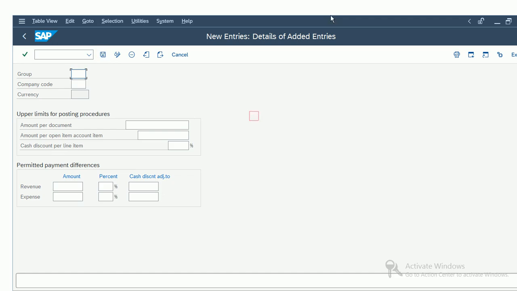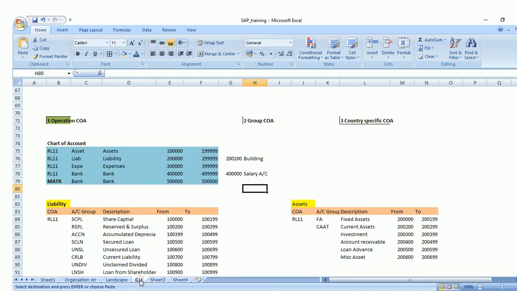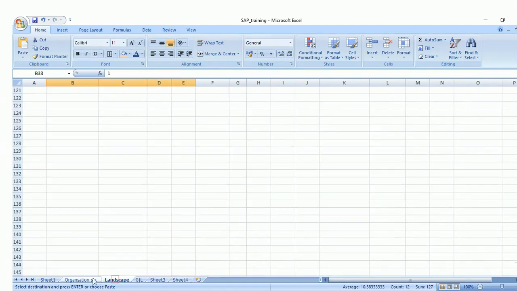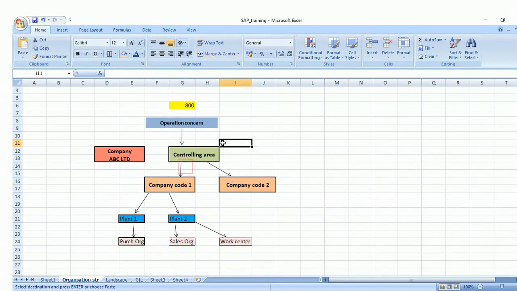Okay, so now what is there in our list? Controlling area, we'll talk about controlling area. Controlling area is the highest node. Let me show you in the example. Yeah, controlling area, you can see, is the highest node in the organization structure.